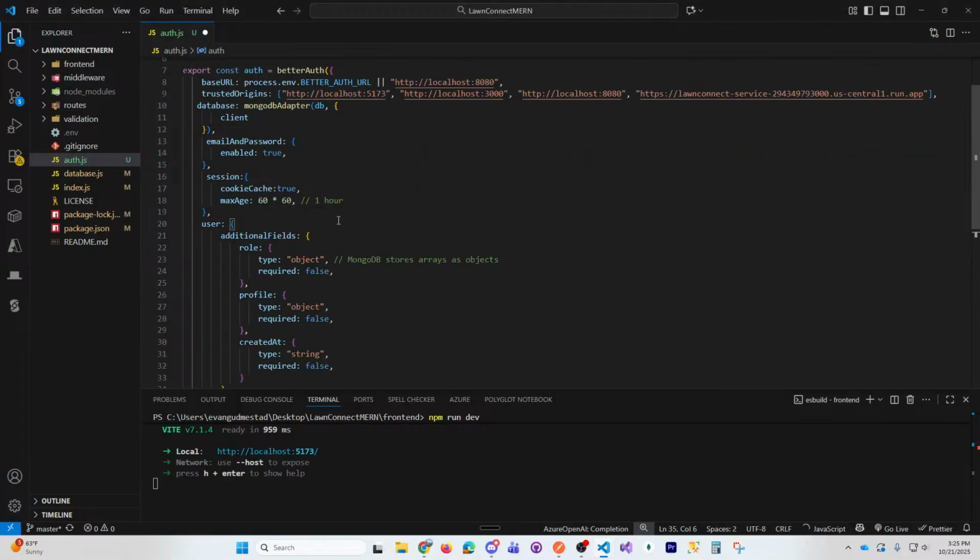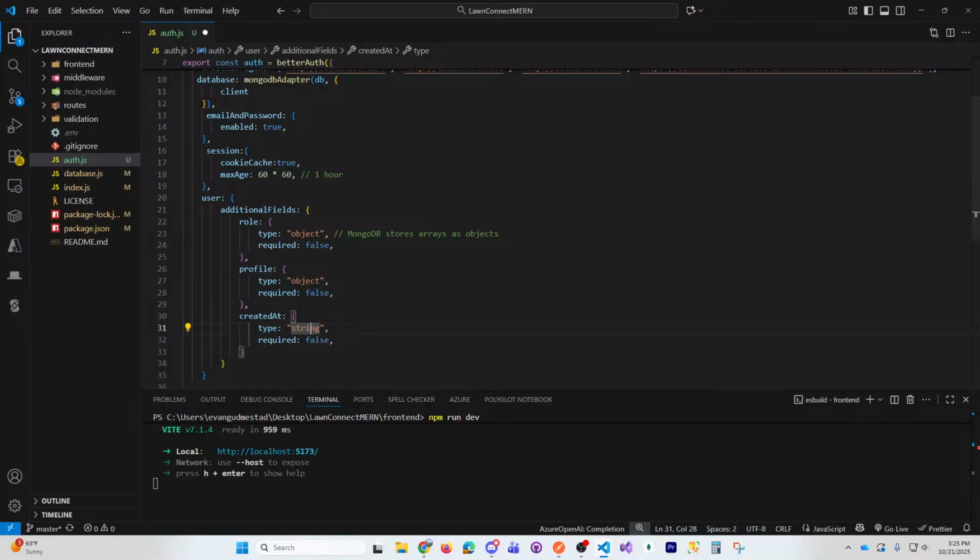So in addition to an email and a password, we'll have a role field, which will be an array. An array is an object. I said that yesterday. So MongoDB stores arrays as objects. A profile object, a createdAt,